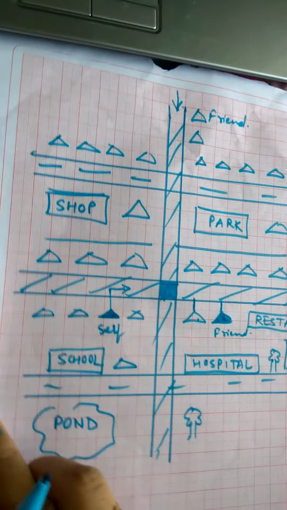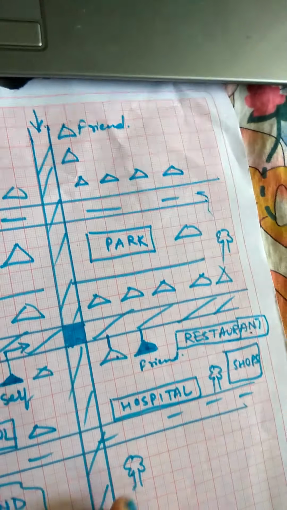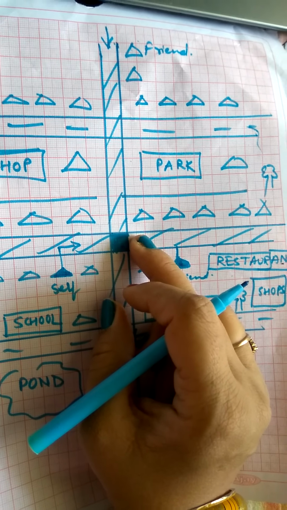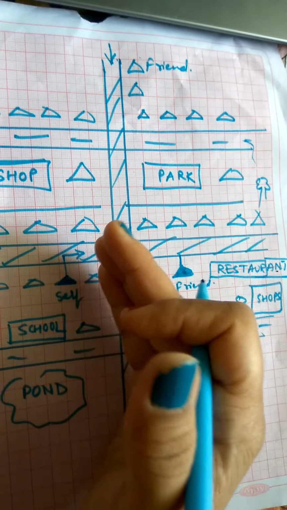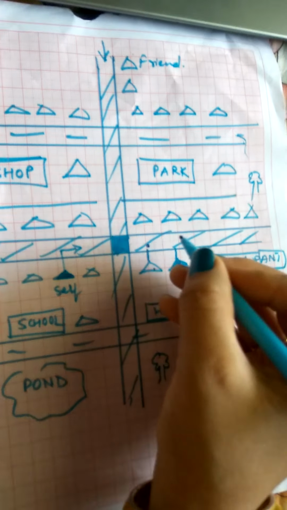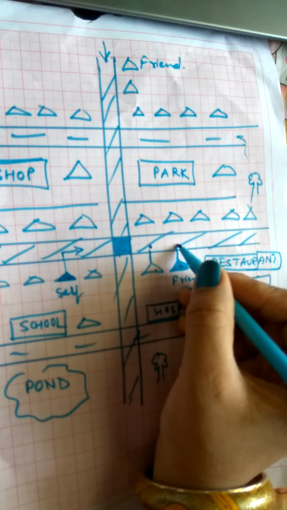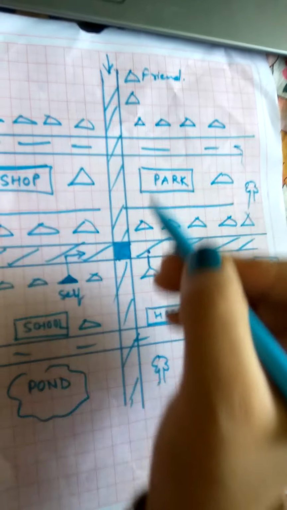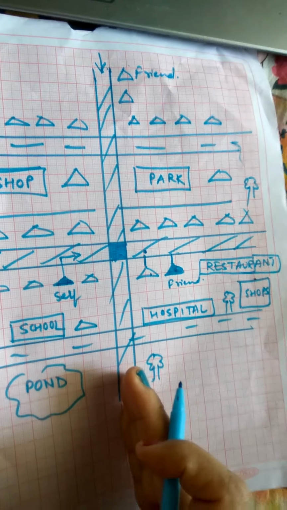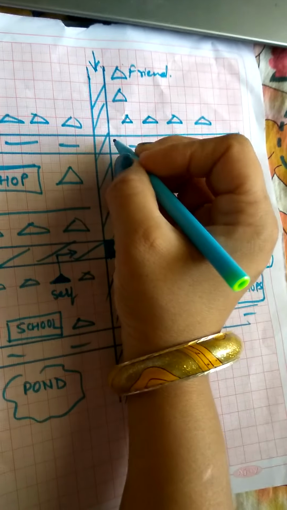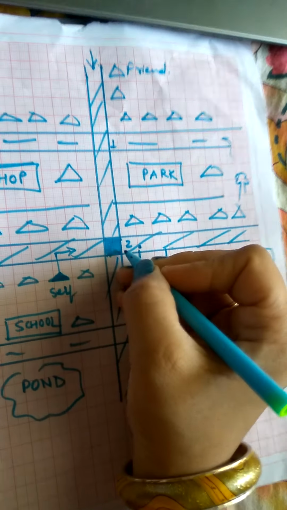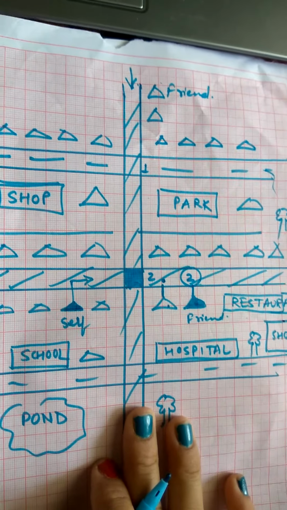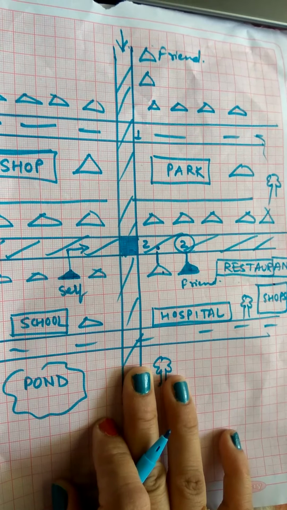So now what is important here is, if we draw some fixed lines which are the roads, then it is easier to tell somebody the path that he has to take. And we can tell that you have to leave the first house and then go to the second house. So the numbers 1 and 2 are clearly specified here. Similarly, he has to leave the first crossroad and come to the second crossroad. So this line and this line, right? If we take this point as 1 and this point as 2, he has taken the second point on this line, and then the second point on this line. So the location is roughly, if numerically we can connect it, 2, 2.